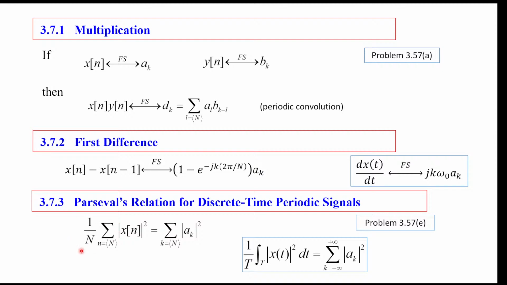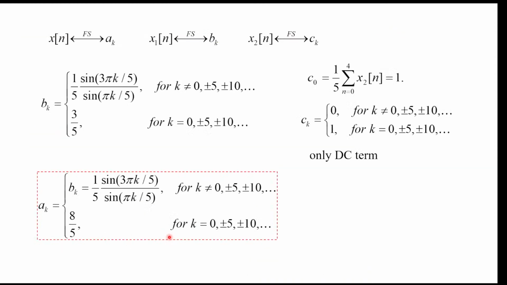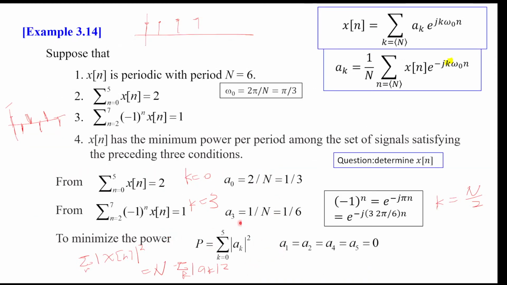And so we want to minimize this thing, then we want to minimize this summation of absolute value squared. Okay, and because absolute value squared is a positive number, the way to minimize is that you set everything that you have not determined to 0. So in the summation of |ak|², you have a0,